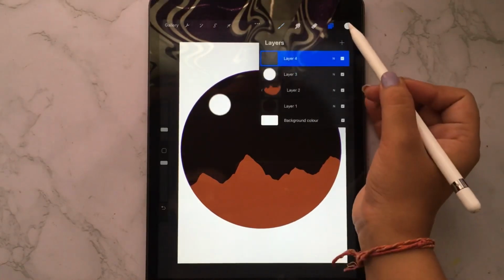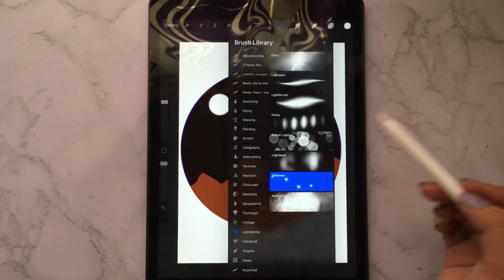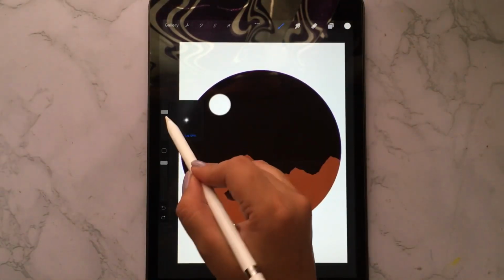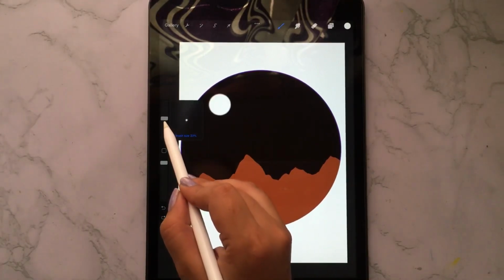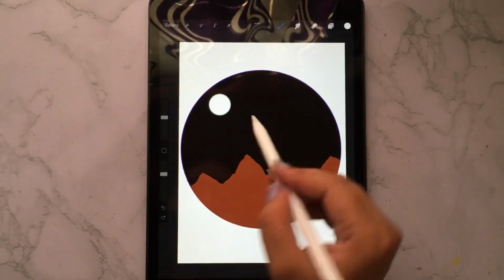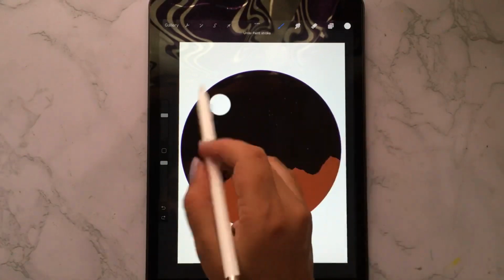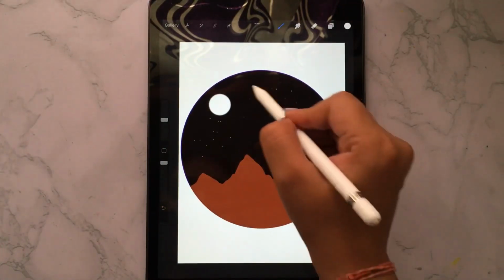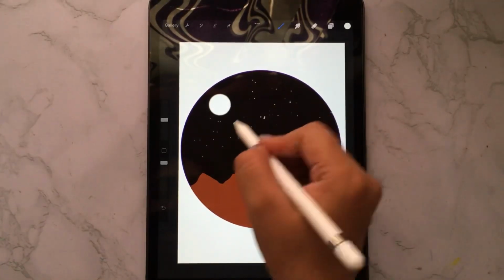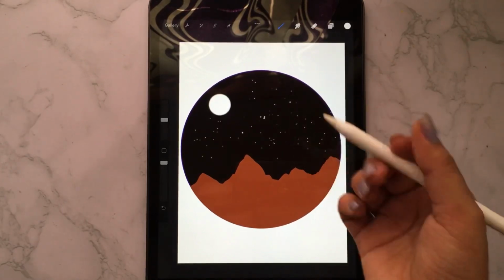And then go to another layer and go to luminance brush, select glimmer and you can also resize it from here, and you can also change the opacity just like this. Okay, I don't want so big stars. You have to get control over the pencil,